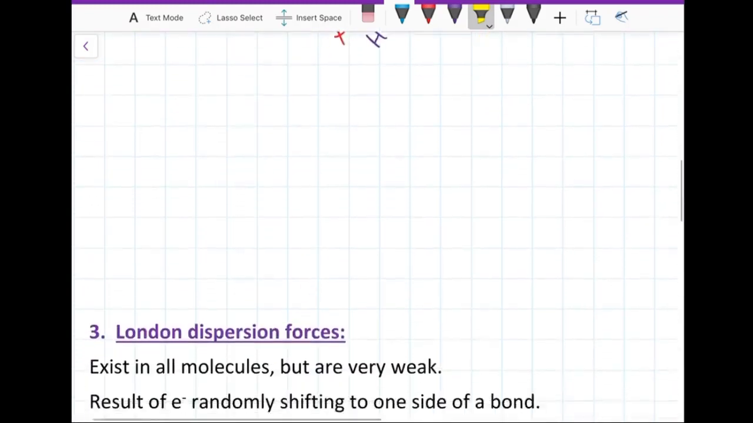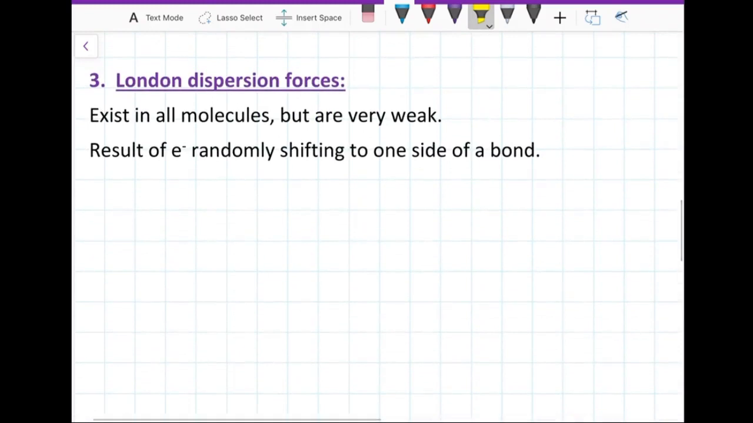The last type of intermolecular force that we'll talk about are called London dispersion forces, named after a guy, not the city. But these exist in all molecules, even nonpolar ones, but they're very weak. Okay, they tend to be very weak. We'll kind of adjust that statement a little bit later. But these are the result of electrons just randomly shifting to one side of a bond. And so, for example, if I have a CO2 molecule,